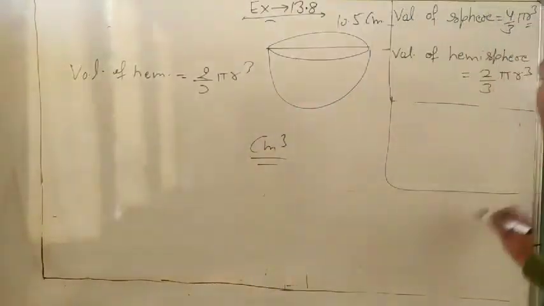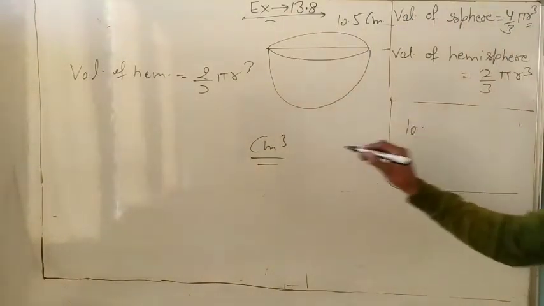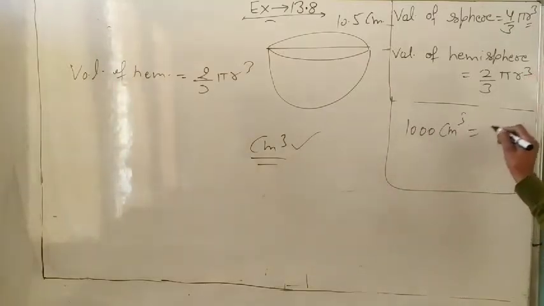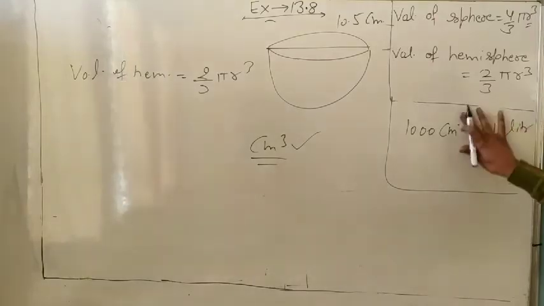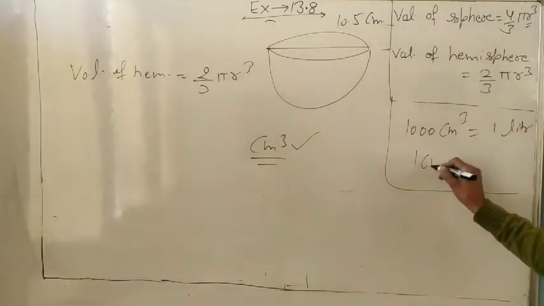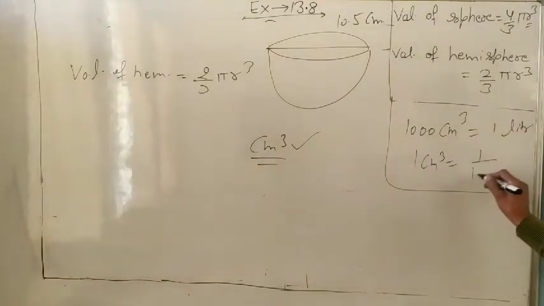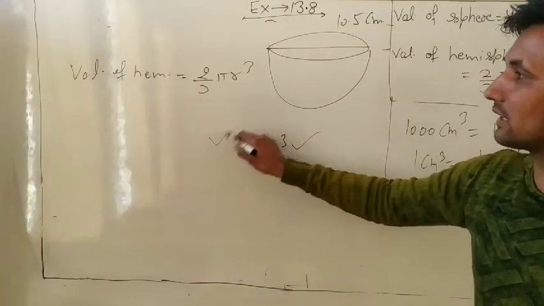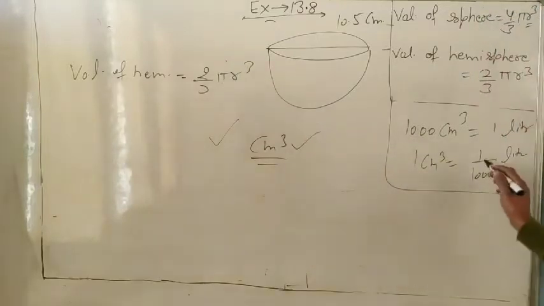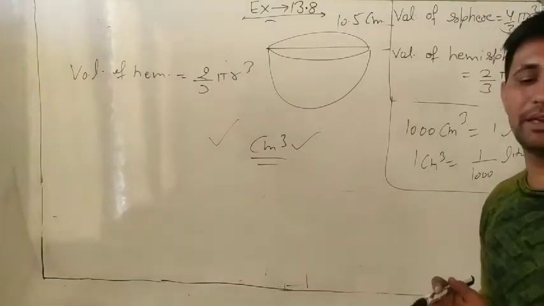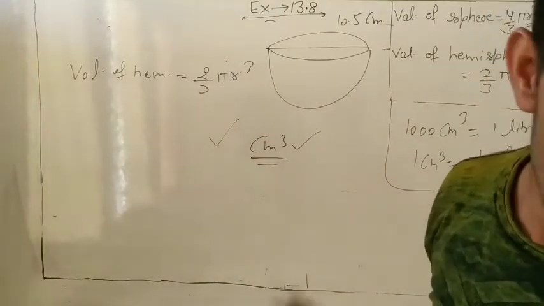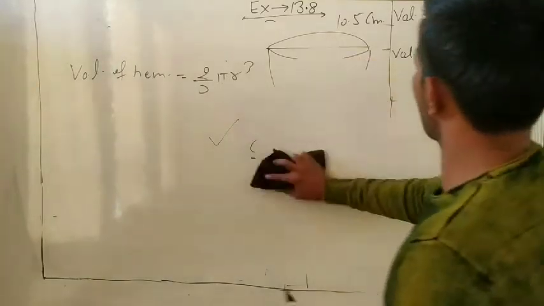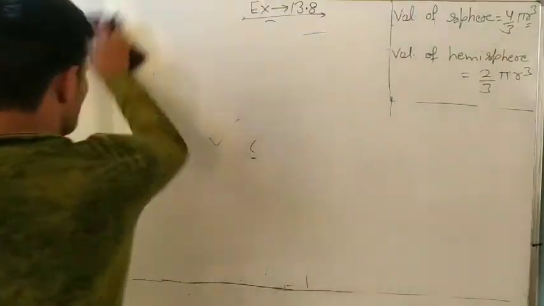So for liter always remember 1000. It is in centimeter cube. So 1000 centimeter cube equal to 1 liter. So 1 centimeter cube equal to 1 upon 1000 liter. So whatever comes when you solve it, we will divide by 1000. It comes in liters. Okay. Do this question yourself. Very easy questions. We already did many questions the same as this.